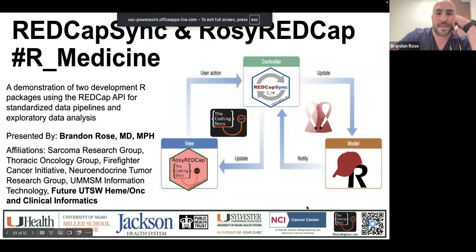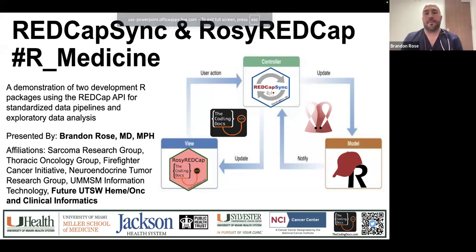Okay, so hopefully everyone can see the title screen here. I'm really into this idea of a model view controller framework. It's used for software,